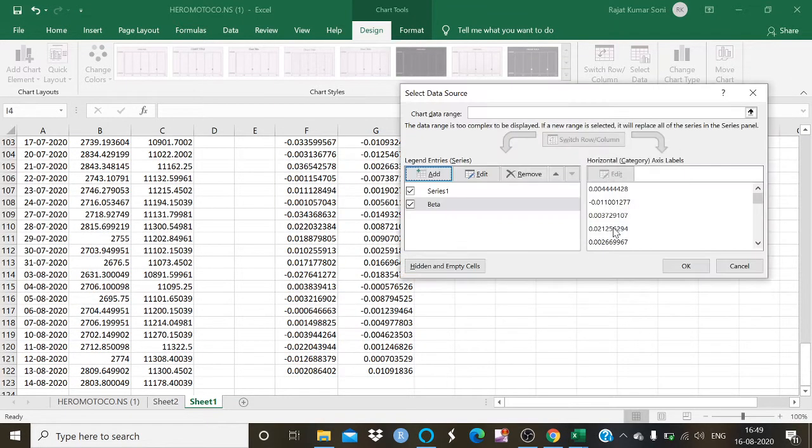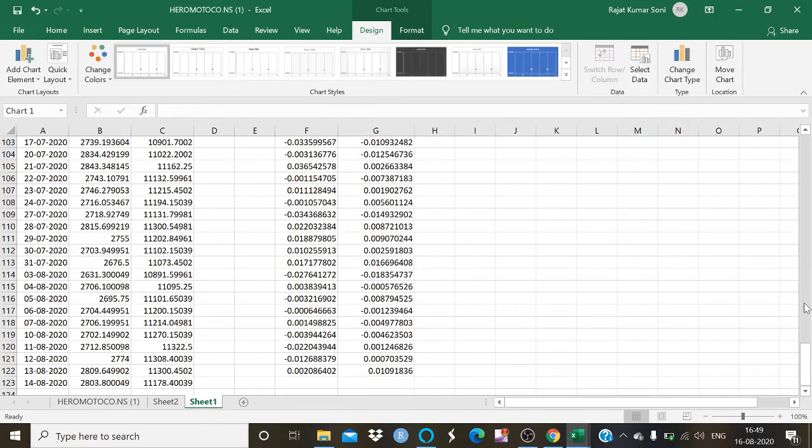I am going to click OK. That provides me a scatter diagram chart.